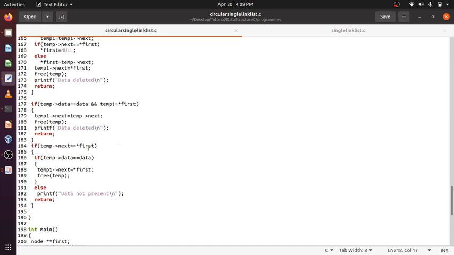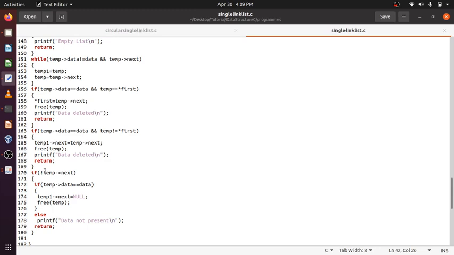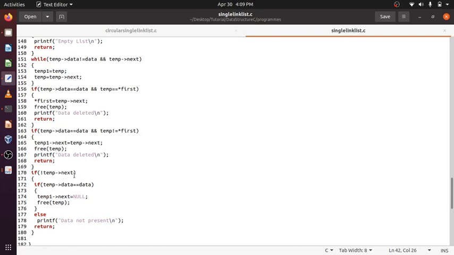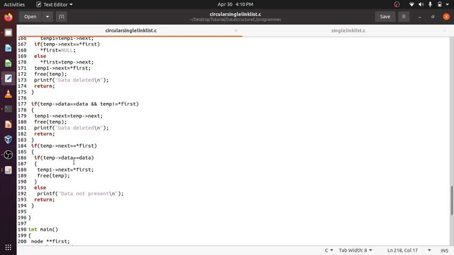And if temp is the last node, in a singly linked list temp next equals null. Here, if it is the last element, the temp next will be first, so I have to check by equal to first, not null. If the data is matching, then temp1 next is first.